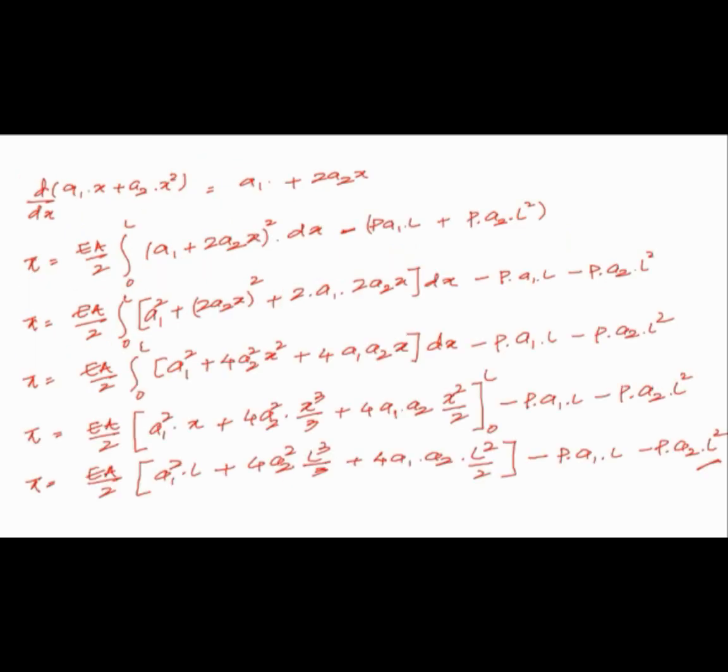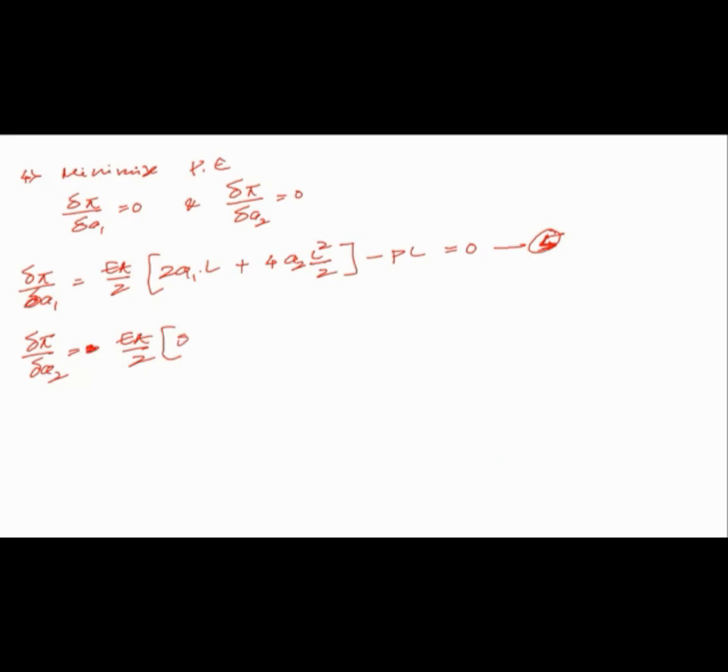Then see here, when I differentiate with respect to A2, the A1 term becomes constant, so this is 0. Then here 4L cube by 3 is constant, and the differentiation of A2 square is 2A2. So 2A2 into 4 is 8A2. So I'll write down 8A2 L cube by 3. Okay, so directly I am substituting the simplified value here. It is 8A2 L cube by 3 plus